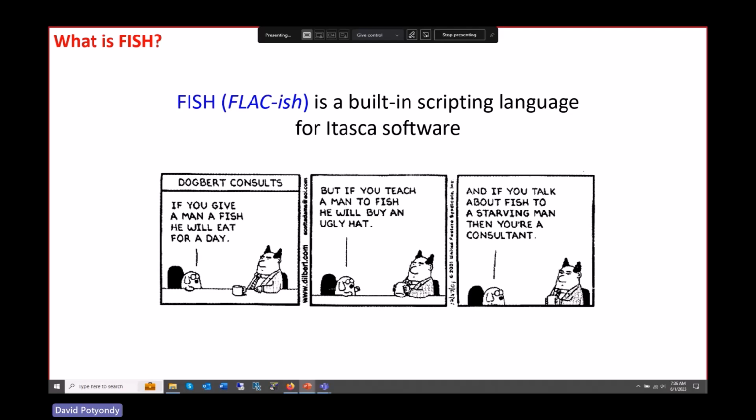Fish, what is it? Where does the name come from? ITASCA's early continuum code was called FLAC, Fast Lagrangian Analysis of Continua. And so Peter Cundall designed this language as a way for people to